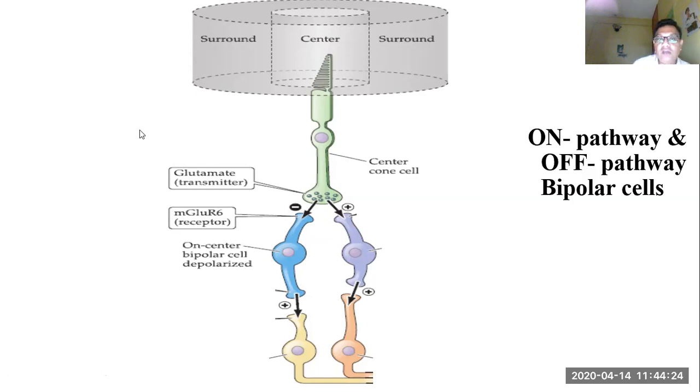The lack of neurotransmitter depolarizes the cell, because metabotropic glutamate receptors are hyperpolarizing in the presence of glutamate. So light will depolarize, and depolarization causes release of glutamate,